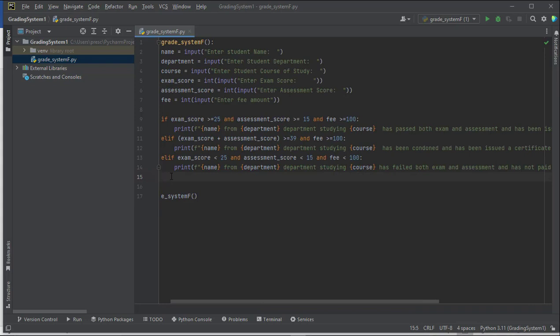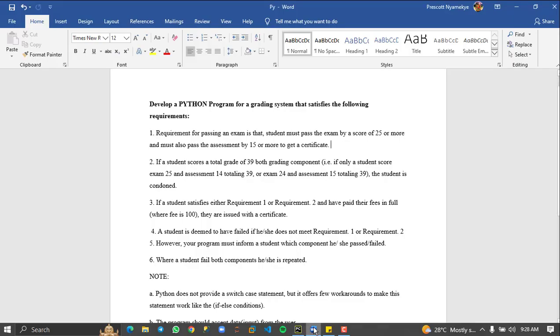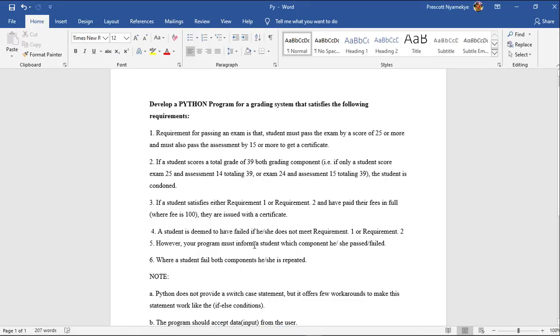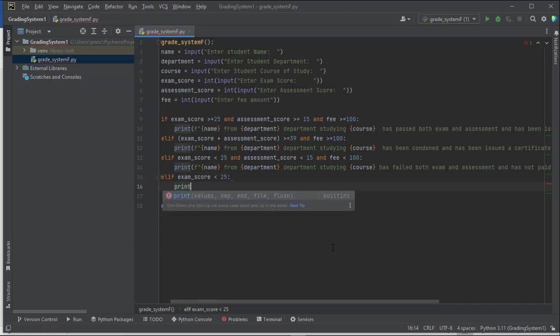So we have another elif, because requirements we are not done. However, your program must inform which component he or she passed for. Okay. So we have another elif statement. So it will be elif exam score is less than 25. You have to print